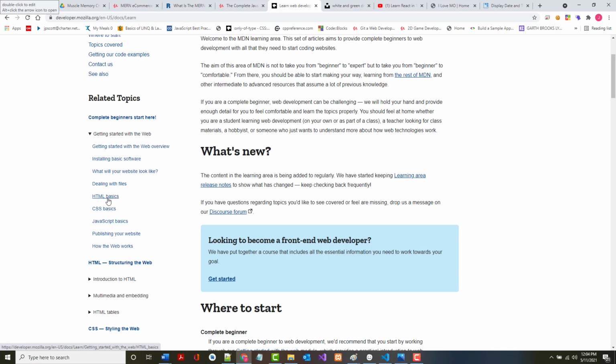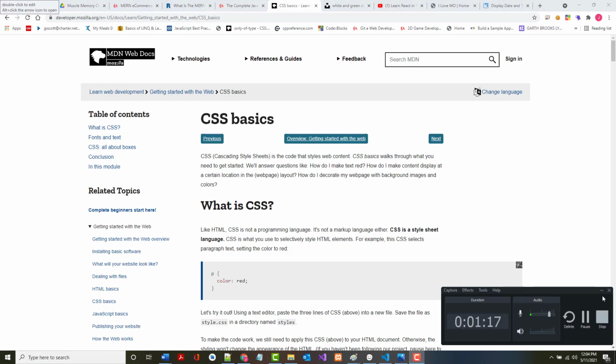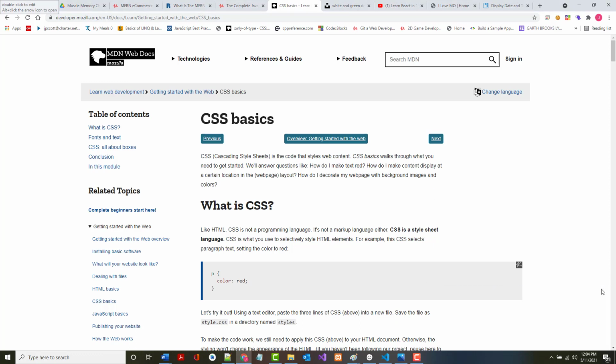So I've just finished the HTML basics, which I did over 2 tapes. So this is the CSS basics. CSS, again, is another one of these acronyms, and it stands for Cascading Style Sheets. Now, I've heard all sorts of different interpretations. Some people have told me that if you can imagine